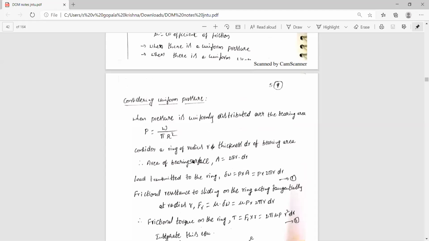W by pi R. Sir, screen not visible, sir. Screen is not visible. Sir, already started, sir, but it's not visible, sir. Okay, sir. తమ్ముడు ఆడియో కనబడతారా వినబడదు